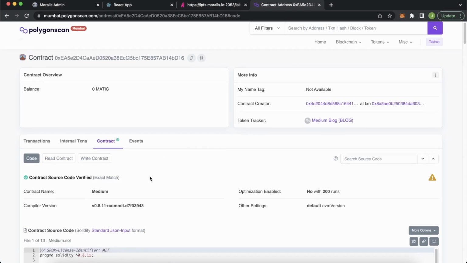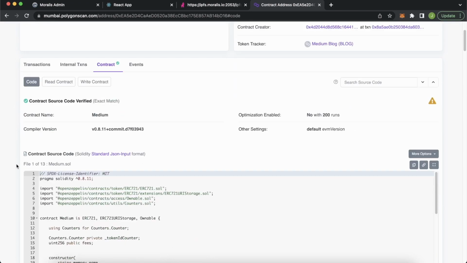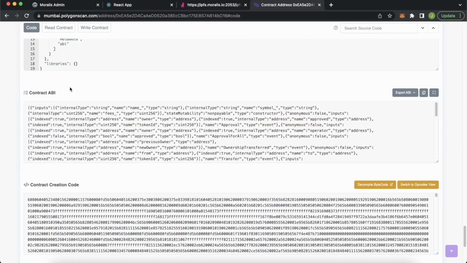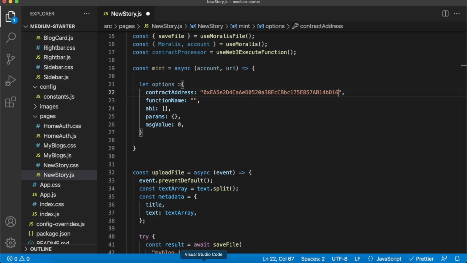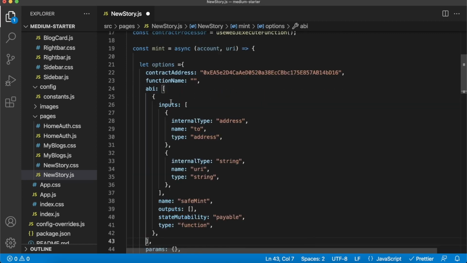Now, for the ABI, because you have a verified contract, you can scroll down to almost the bottom of the page and you'll have the section called Contract ABI. And here you should find a function called SafeMint. A quick control find should find it for you very nicely, and you can go ahead and copy that object out from over here, head back to your IDE and paste it inside your ABI over here, like so. Seems like we skipped the function name, but that is the SafeMint function over here,